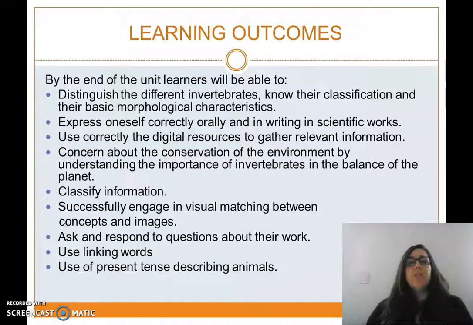The learning outcomes of this teaching unit are the ones that I present here. So, by the end of the unit, the learners, the students, will be able to distinguish the different invertebrates, know their classification and their basic morphological characteristics. Also, express oneself correctly, orally and in written, in basic scientific works, use correctly the digital resources to gather relevant information, concern about the conservation of the environment by understanding the importance of invertebrates in the balance of the planet